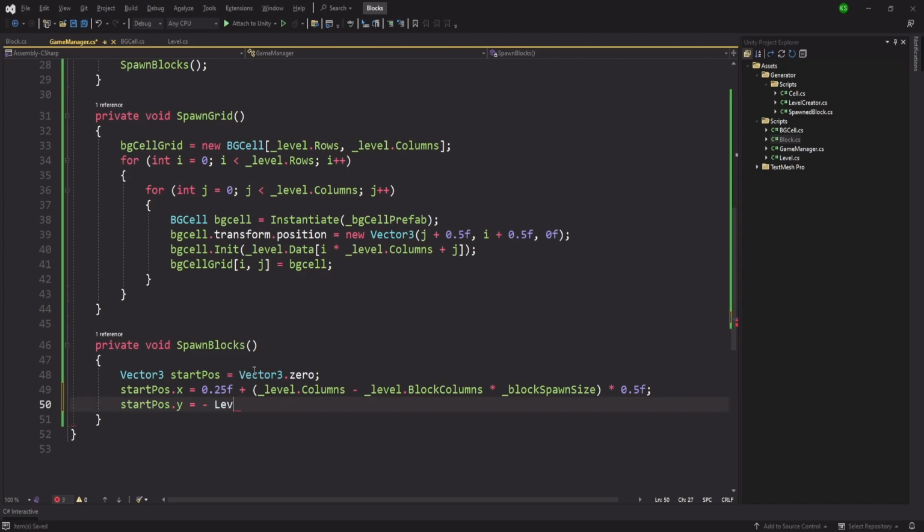And similarly, the y position is going to be negative level dot block rows. So negative level dot block rows, and we'll multiply it by 0.5, and we'll add 0.25, and we'll also subtract 1. So the y coordinate is there, and I don't think we'll need to multiply it by 0.5, but